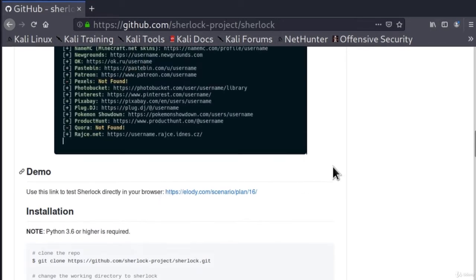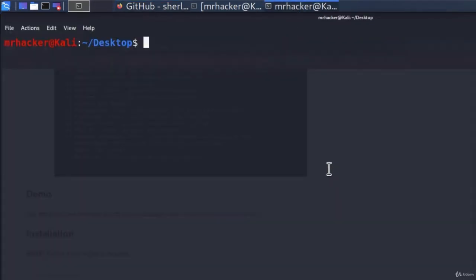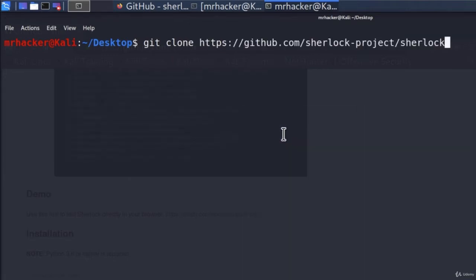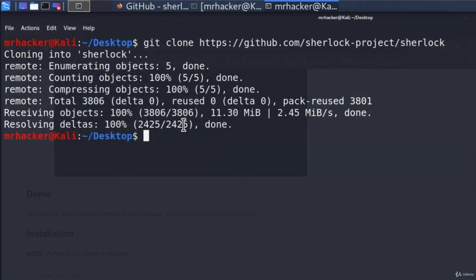So we already know how we can do that. Just copy the link to this tool, open up your terminal, and type git clone, and then paste the link of the tool. Press enter, and this should automatically download the tool for us. We can see this tool is a lot larger than the Red Hawk since it took a little bit more time to download. And once it finishes downloading, we should type ls and we will see the Sherlock folder inside